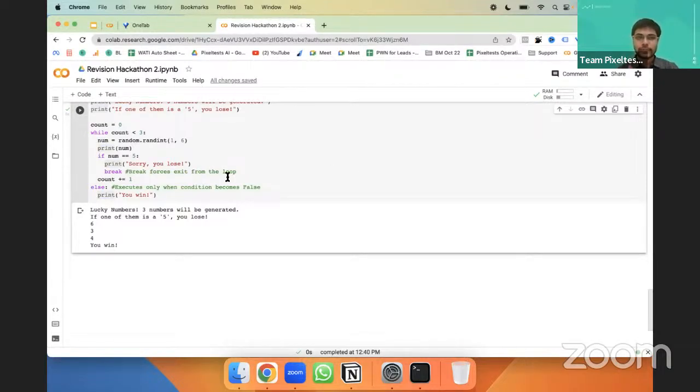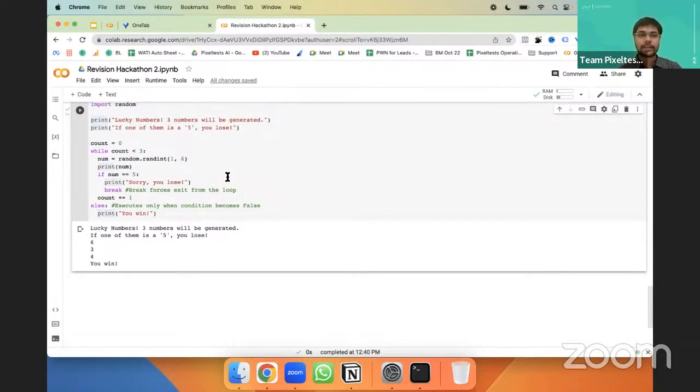So how many of you understood while and else, how we are using while in combination with else? Type U in the chat box. We use break statements to force the exit from the loop. Thank you, Sham. Thank you, Sujit. People who are watching us on YouTube, you can summarize your learning in the comments, or you can type U in the chat box.